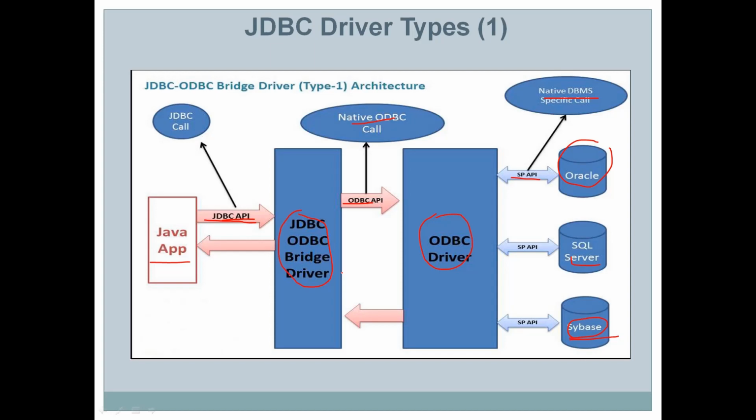If you look at this diagram, you will see there are two sets of conversion. First, JDBC calls are sent to the JDBC ODBC bridge, where these calls are converted into ODBC calls. Then again, the ODBC calls are converted into native DBMS calls. So the calls need to be converted from one type into another two times, and that is the reason it takes more time. So this is the slowest of all the drivers.